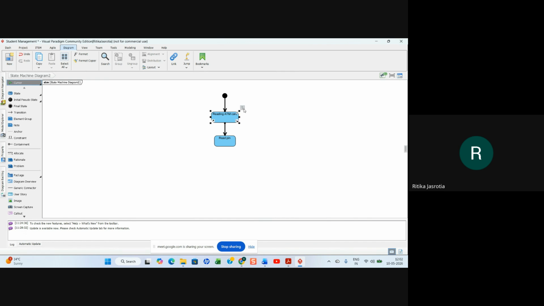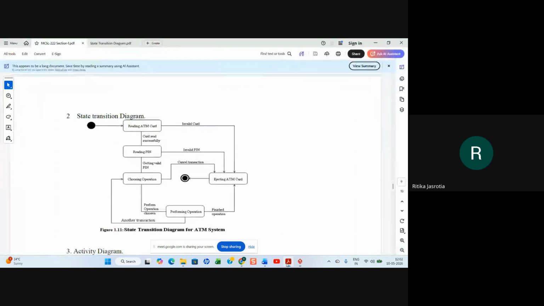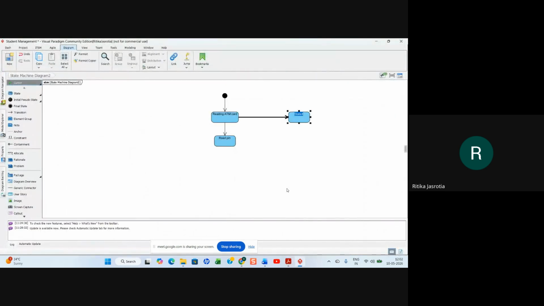If it is invalid, then you are saying that eject the ATM card. Like this, right? You go to this activity.